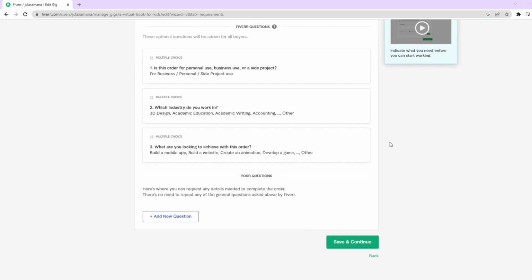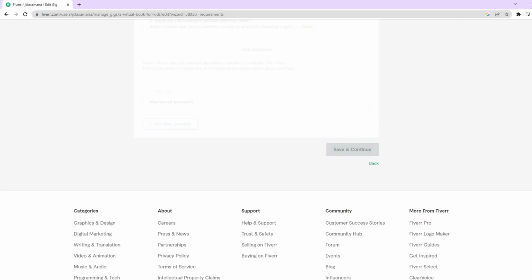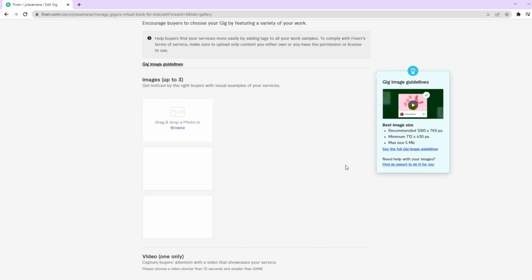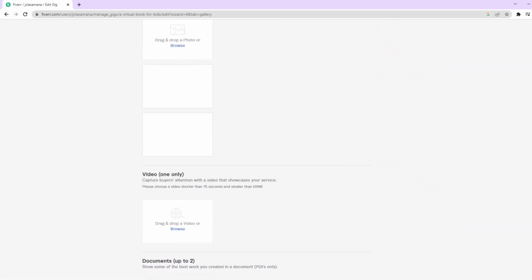You can also add requirements for your gig in the same way by clicking on Add under Requirements. And finally, you can add a gallery to your gig by selecting Gallery on your gig page and uploading relevant images and videos. Remember to use relevant keywords in your FAQs as they can help your gig rank higher in